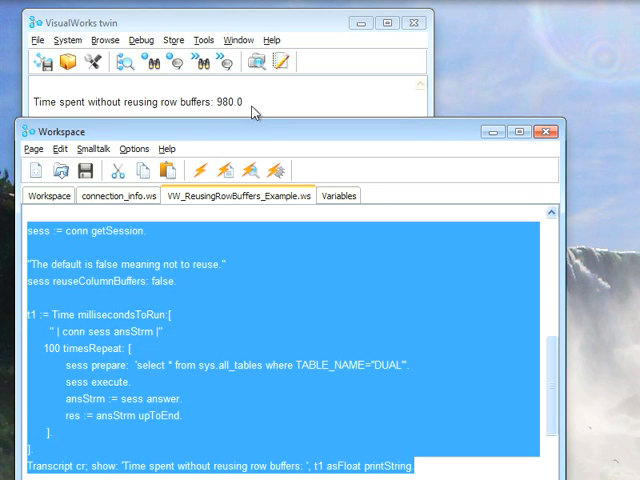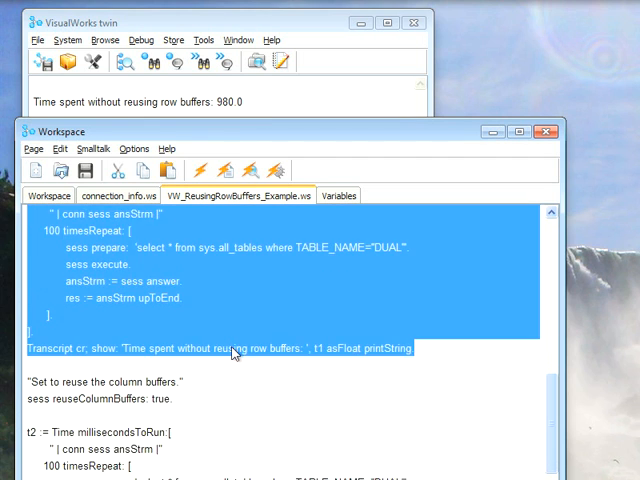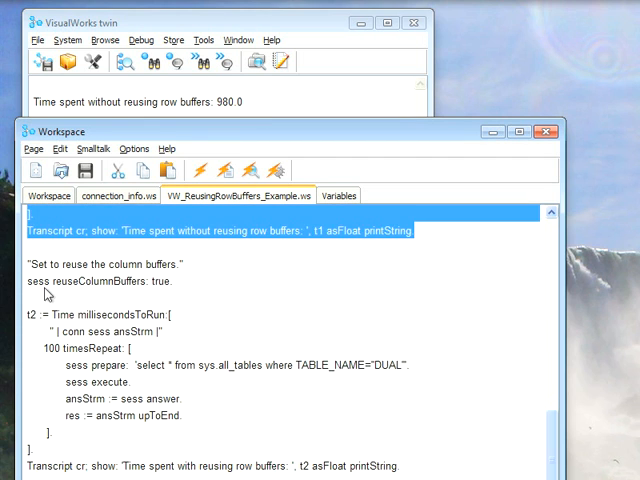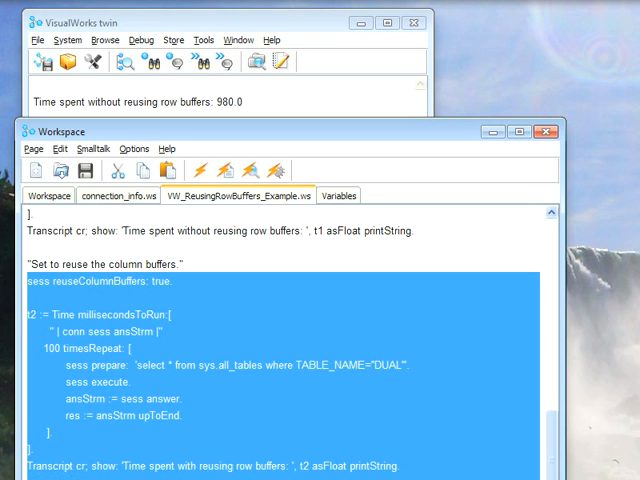Let's go ahead and reuse the column buffers and see how that works. So we'll do the exact same query. The only difference is we're turning reuse column buffers on, and again, same exact query, so it should be the same exact buffers. Let's go ahead and do it. And you see that there's a fairly decent drop off here, 100 milliseconds, so it's not huge, but it is